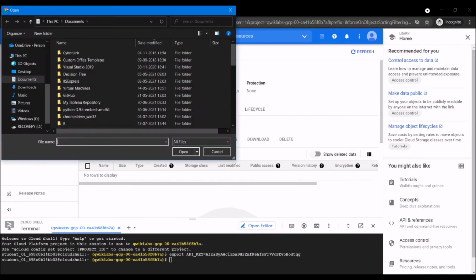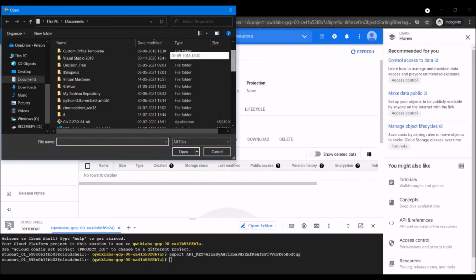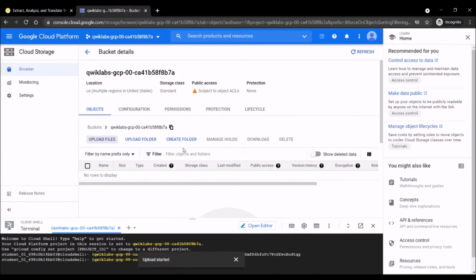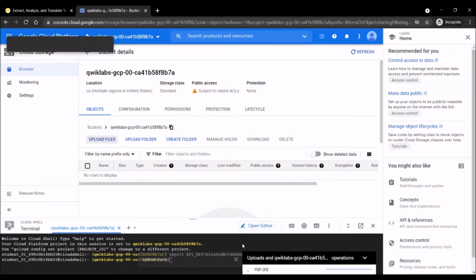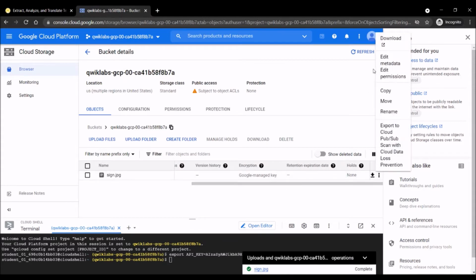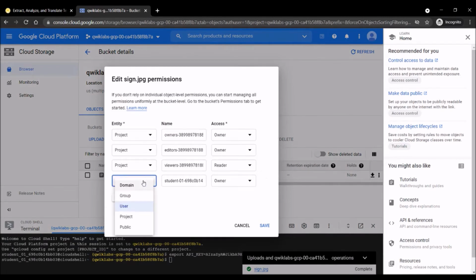We will upload an image. You can go back to the lab and you will find the image over there. Name it as sign.jpg, and see, this is the image I've saved in my device. Again, here the image is successfully uploaded. Now we will have to edit the permissions. Click the three dots over here.